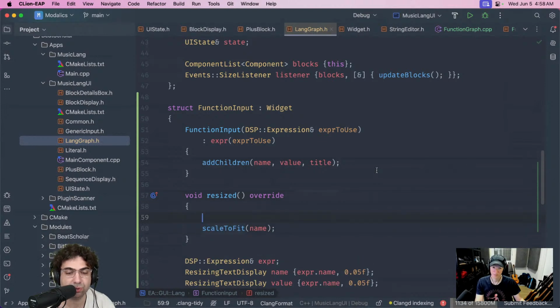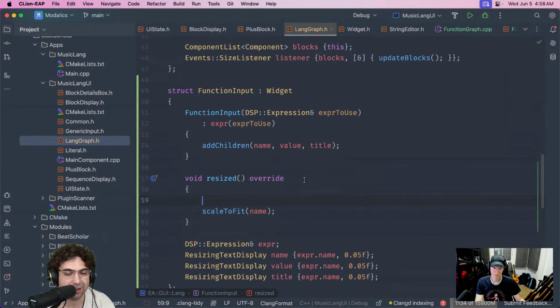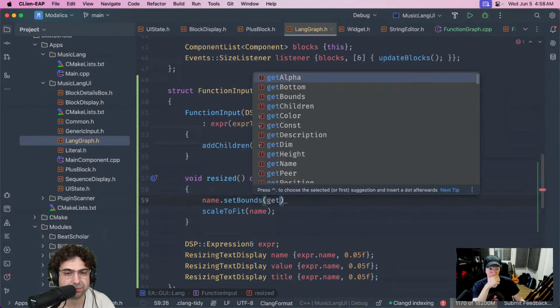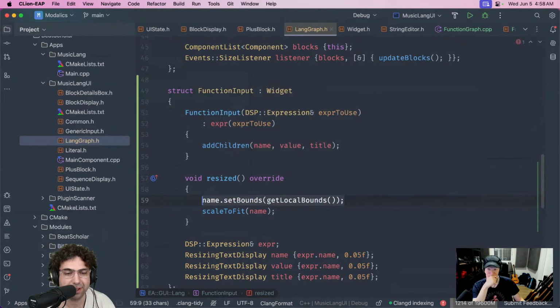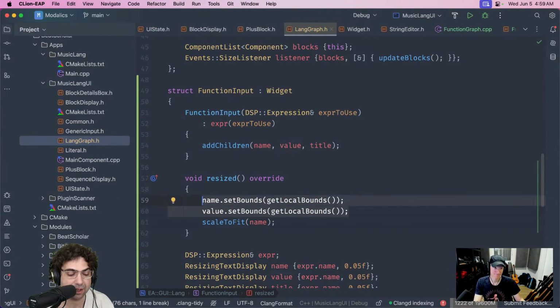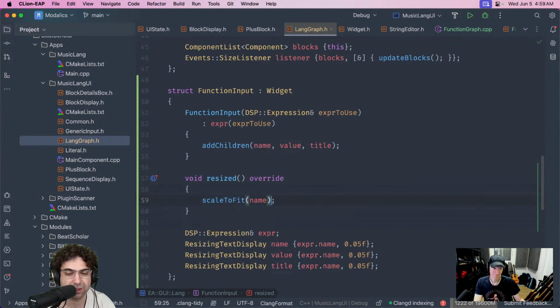In Juice, you would write something like name dot set bounds, get local bounds, and then the same thing with value, and then the same thing with the other one, right? If you want to make it all be in the set of the parent. So we just do name, value, title. Much nicer with one word.